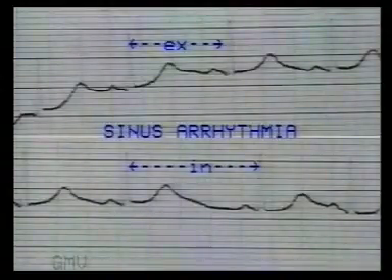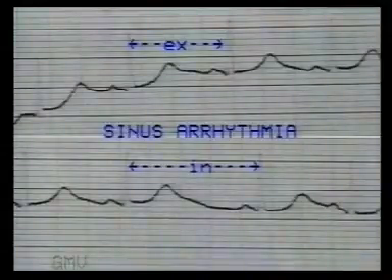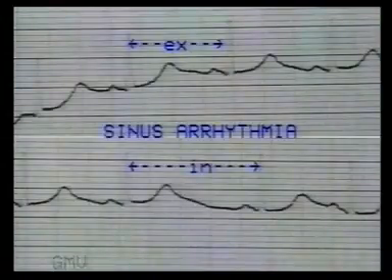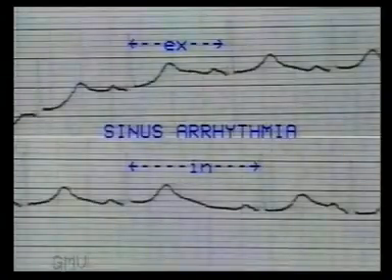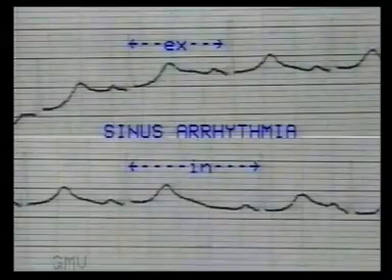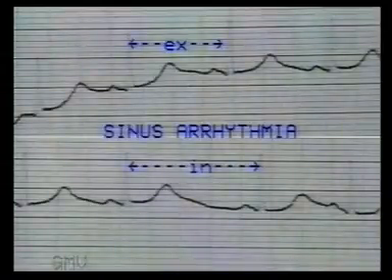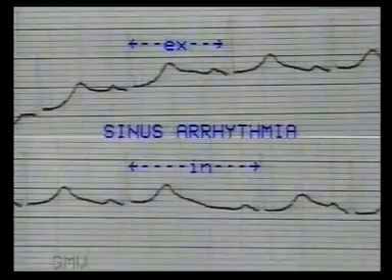In this ECG, which is a continuous strip, the RR interval varies from 16 small squares in expiration to 22 small squares in inspiration. But you will note that all PQRST complexes are normal. Each QRS complex is preceded by a P wave with fixed PR interval. This indicates sinus rhythm. So now we know the features of normal sinus rhythm.